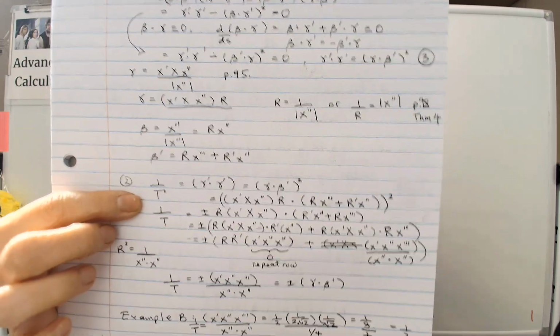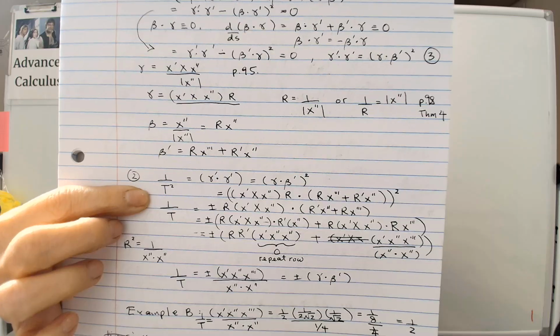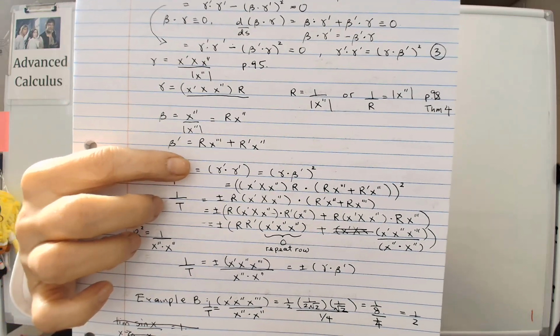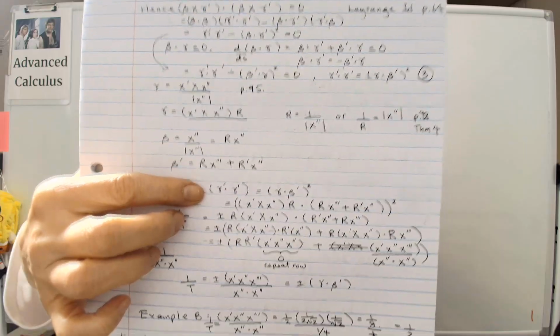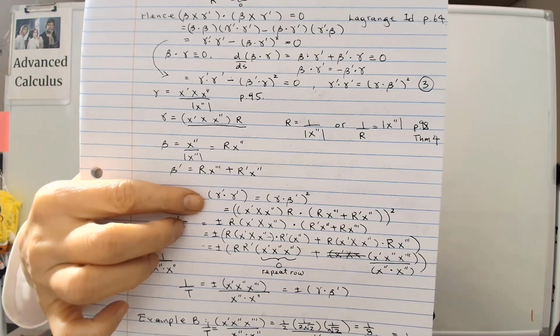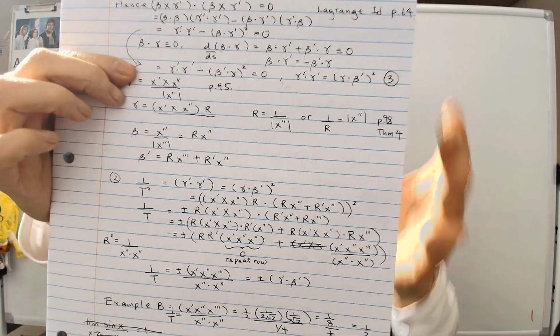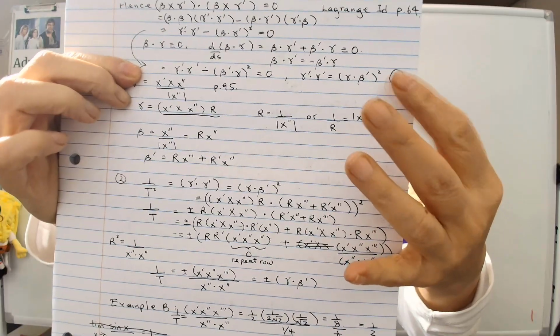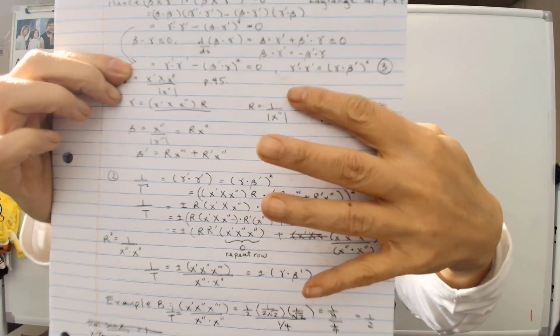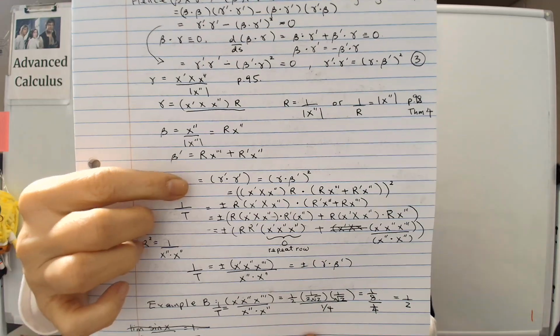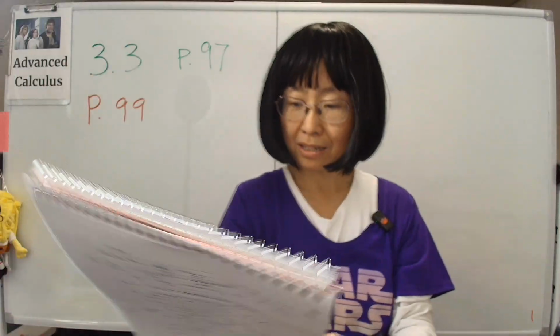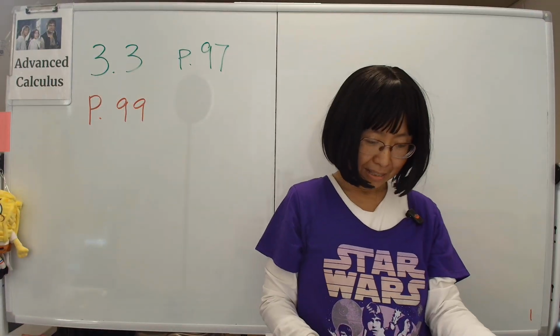And then, so then, what are we doing? We then get 1 over t squared, which was gamma prime dot gamma prime, which we have written, which eventually, from equation 3 earlier, we found out that gamma prime dot gamma prime equals gamma dot beta prime squared, which I substituted in here. All right, so, and then after that,